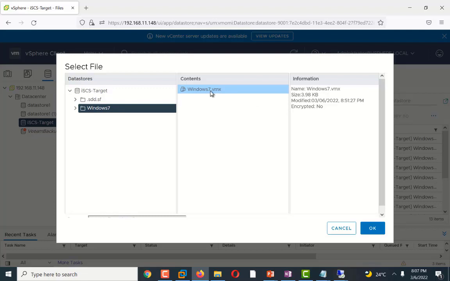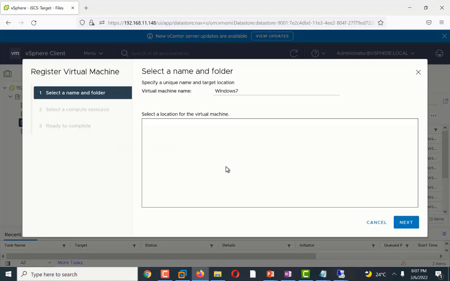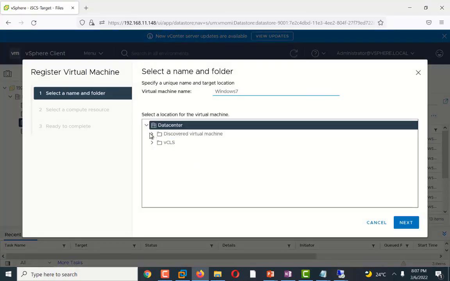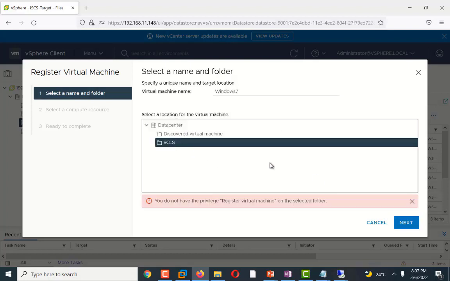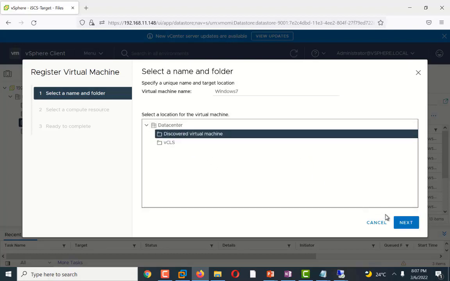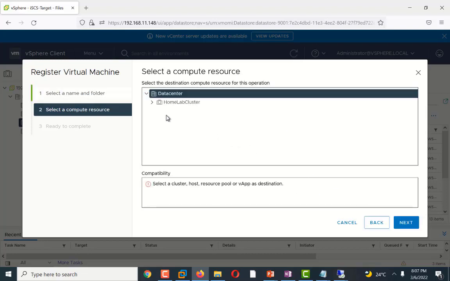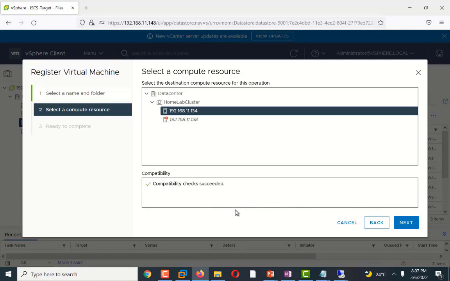So I click next, and from my cluster I select my host, check that the validation completed successfully, and click finish. After clicking finish, it will take a few minutes to register this VM to my new server.